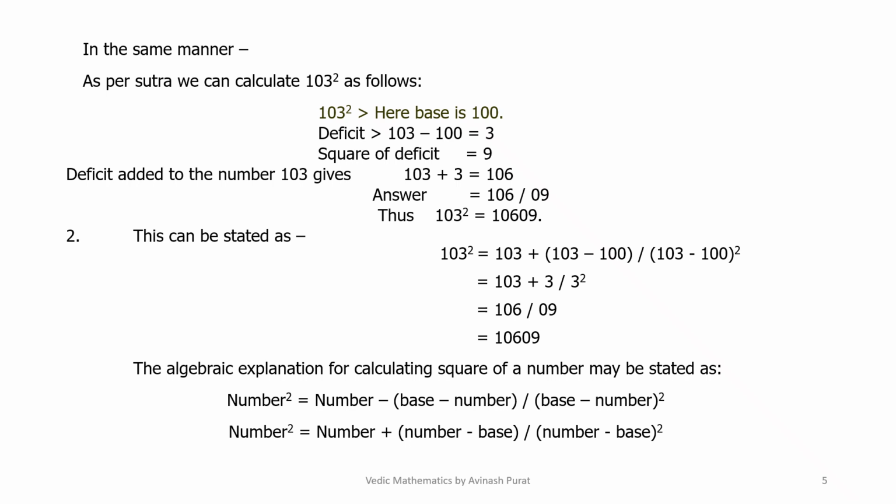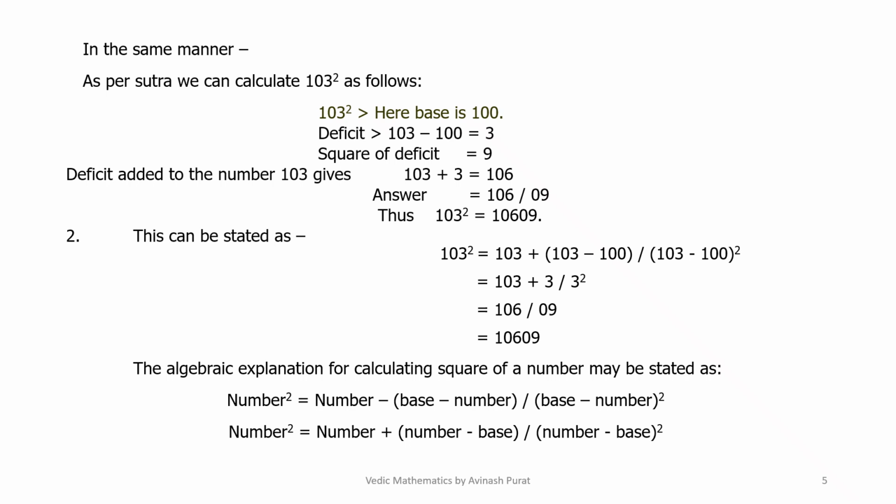In the same manner, as per the sutra, we can calculate 103 square as follows. 103 square, here base is 100. Deficit is 103 minus 100 equal to 3. Square of deficit is 9. Deficit added to the number 103 gives 103 plus 3 equal to 106. The answer is 106 stroke 09. Thus 103 square equals